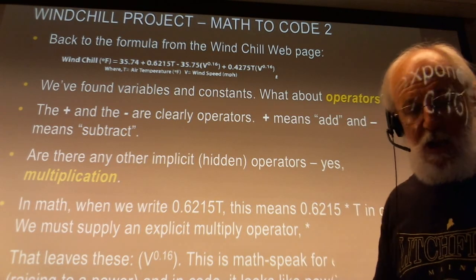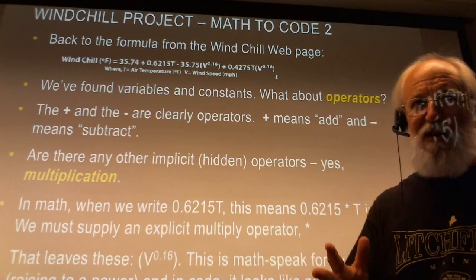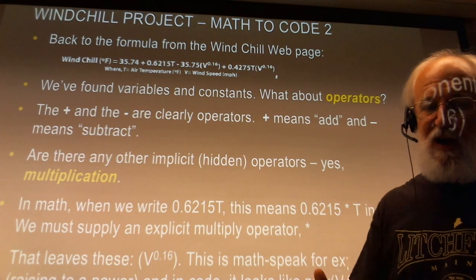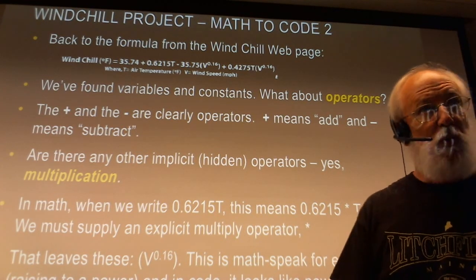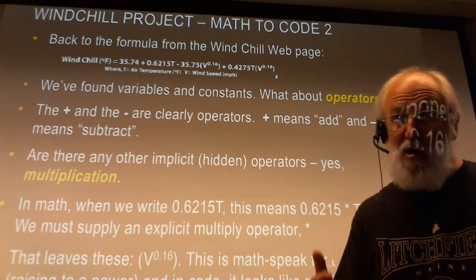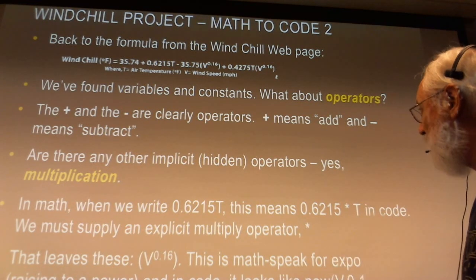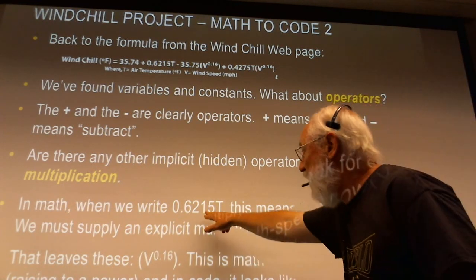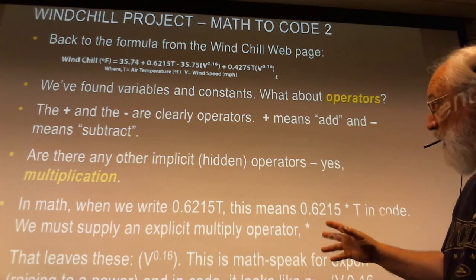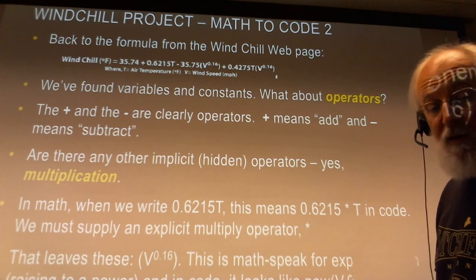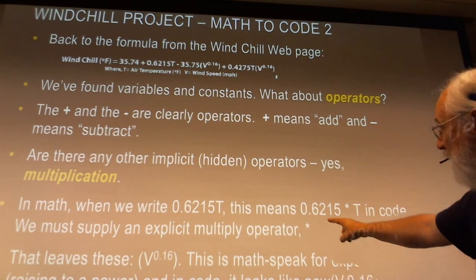You just knew that you needed to multiply. When you code, you have to make everything explicit. And just putting two values side by side doesn't do anything useful for programming. You have to put an operator in between. So wherever we see math, like in this equation, like 0.6215t, that actually means